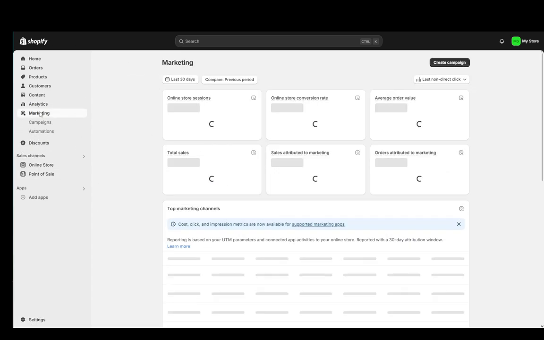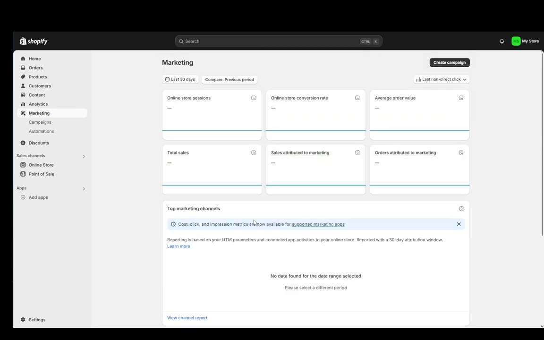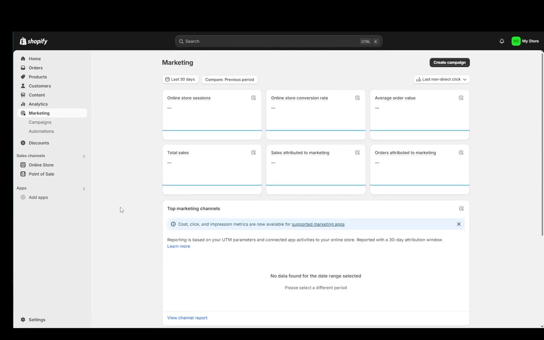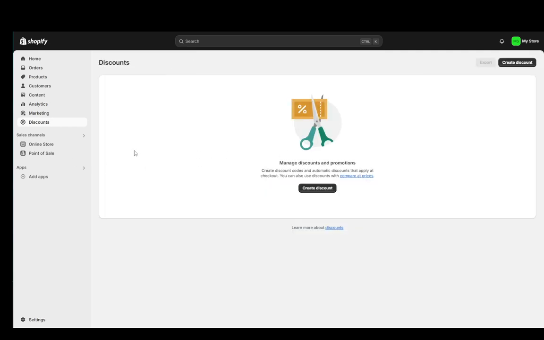You can go into marketing and set up a marketing campaign through this page. You can also view the analytics for your marketing. You can use these apps over here for your marketing. However, you can view more, and most likely you'll be able to integrate Facebook and Instagram as well as other meta products. You can go to discounts and set up gift codes and things like that,